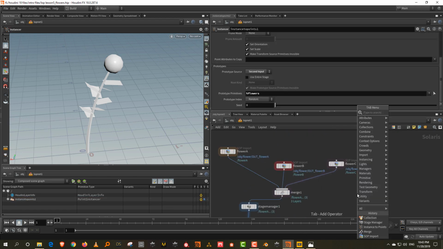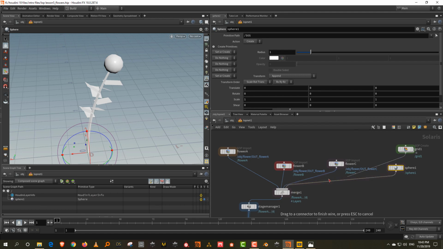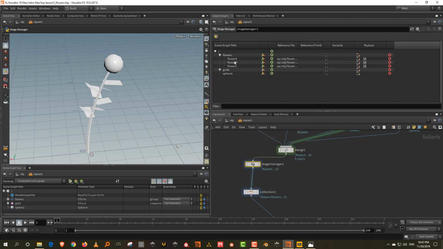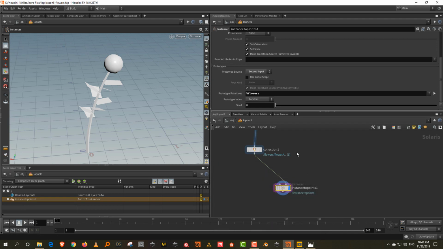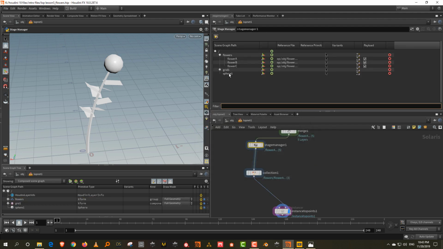So the advantage of this is, if I add a grid here, or let's say I take a sphere and add these two as well, because my flower folder only has those, when I come to my instance and go through it randomly, see, it never brings up the sphere or the grid. If I don't do this, or if I add the grid into this, it will bring it up. So if I come back to my stage manager and drop the grid in there,